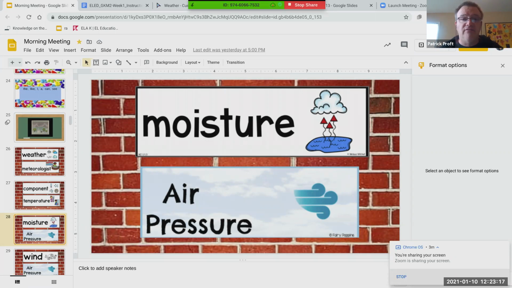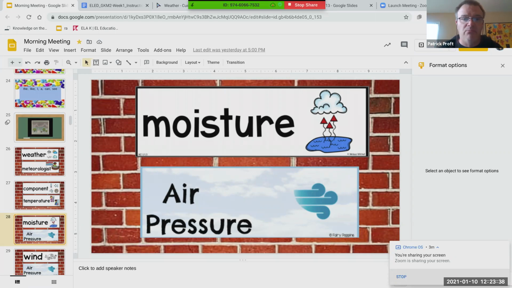Fog. If you've ever gone outside and it's really foggy, the reason it's so foggy is because the clouds have come so low to the ground that you're now actually inside it. And you can see the moisture. You can see the little floating bits of water in the air. Clouds are a kind of moisture.